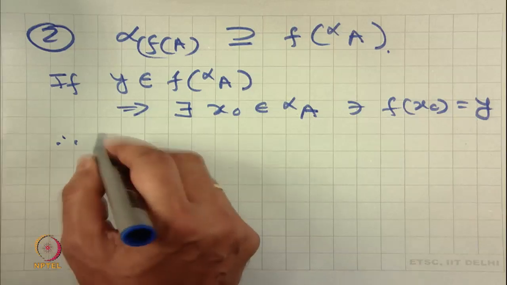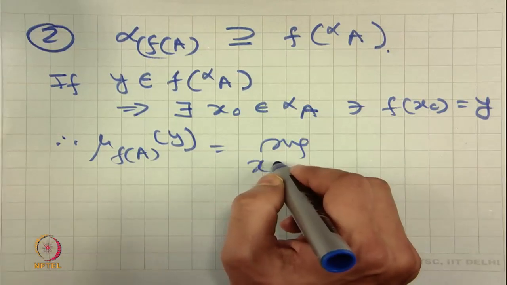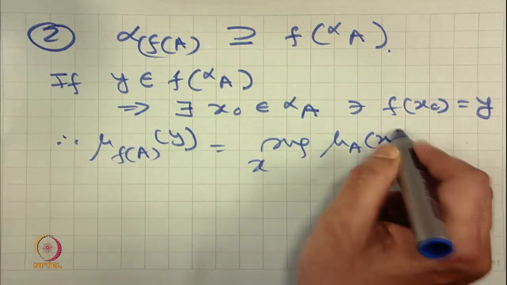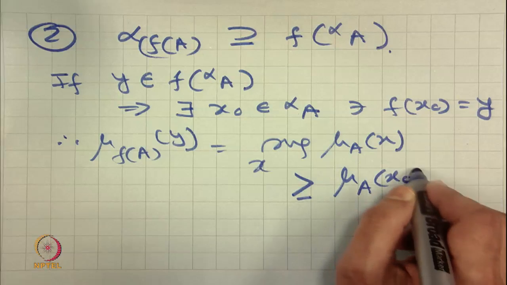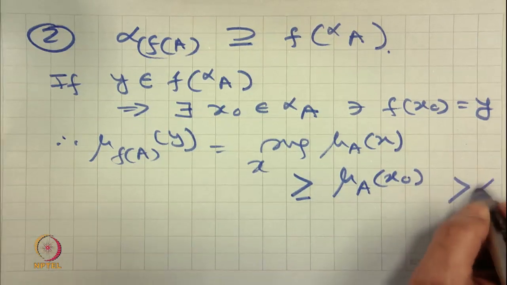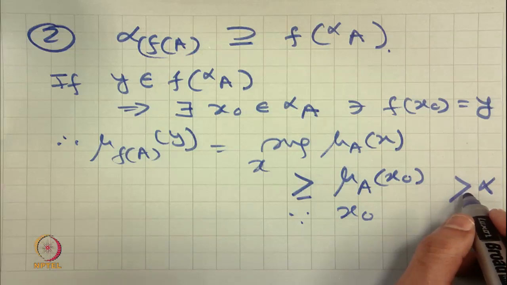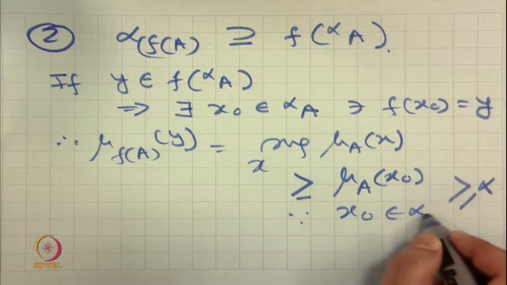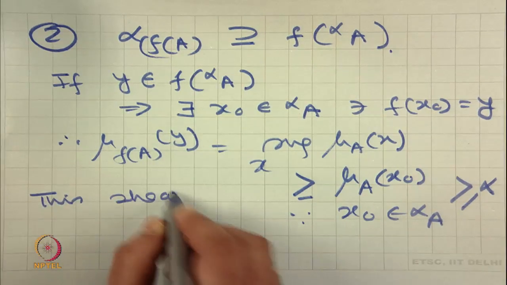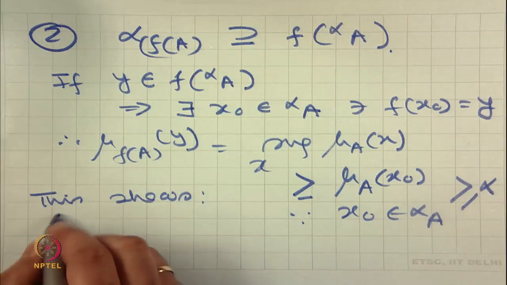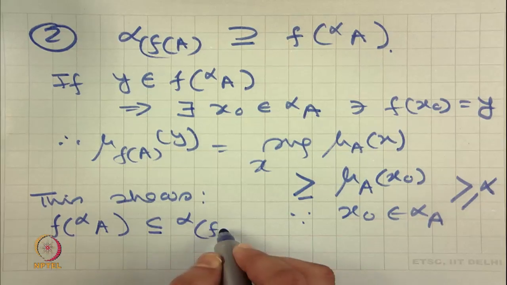Therefore, mu f(A) of y is equal to supremum over x of mu A of x, which is greater than or equal to mu A of x naught, implies greater than or equal to alpha, since x naught belongs to alpha cut of A. This shows f of alpha cut of A is contained in alpha cut of f(A),